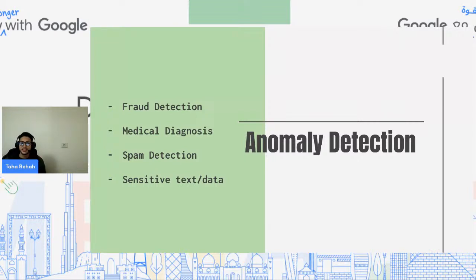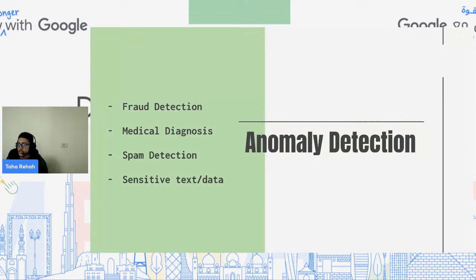Say a client of a company, like a gas and electricity company, wants us to build a machine learning or deep learning model that can detect whether one of its clients is committing fraud or not. That's fraud detection. There's also medical diagnosis. In medical diagnosis, we mostly do anomaly detection, detecting cancer or other diseases inside medical images or medical data. So that's one of the uses of anomaly detection.